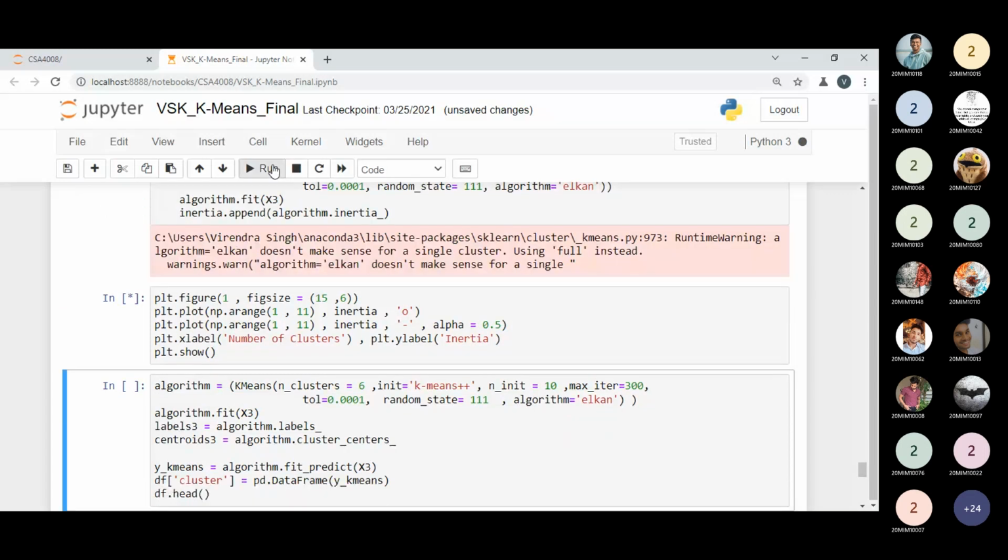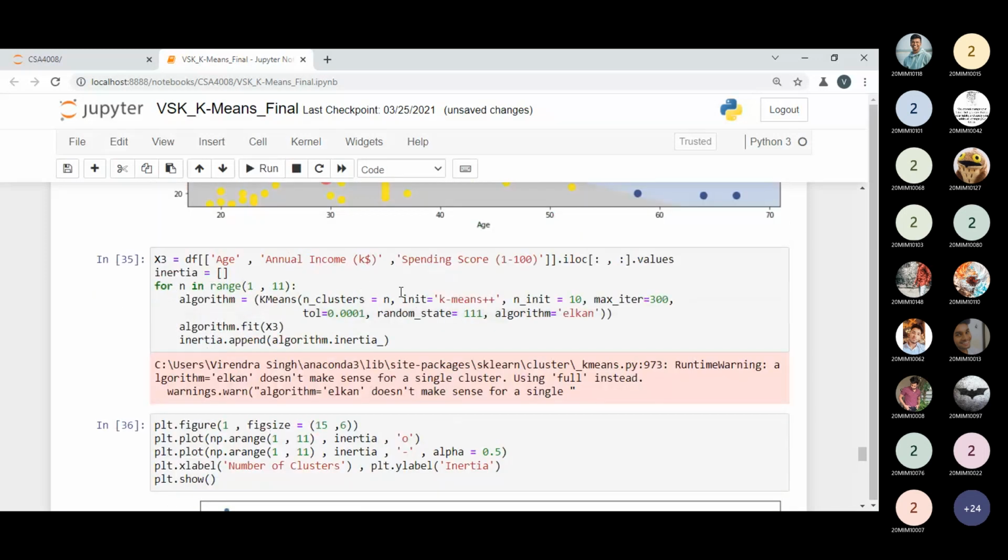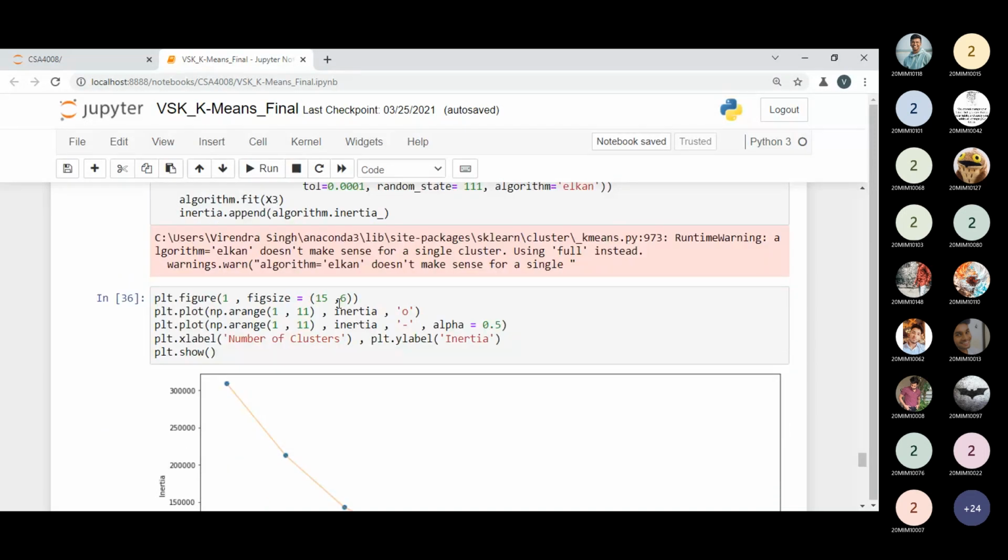Now what will it display? Now see. Now I'm choosing 1, 2, 3. What I'm choosing is the x3 variable, which contains age, annual income, and spending score. So I'm taking 3 things right now. Previously I had taken two things, age and income. So can we take the spending score? Now this code will be updated with the spending score as well. Same thing we are doing.